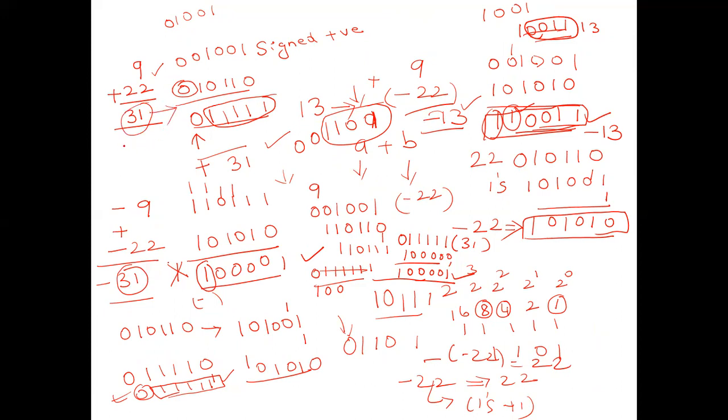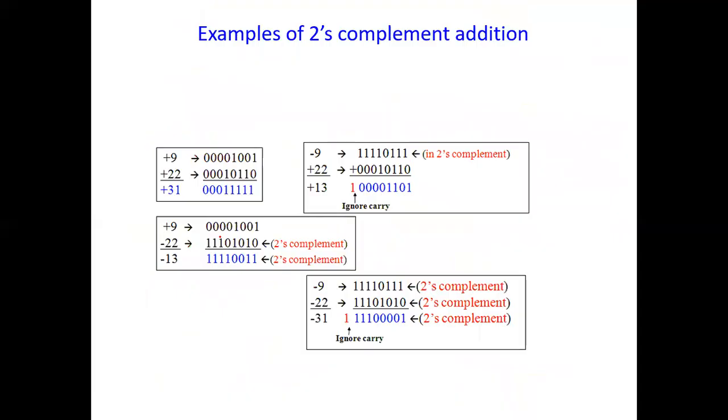Again, you will get minus 9 plus 22. The answer is plus 13. Obviously, the result will not be in 2's complement. Okay, so check the rules clearly and solve it. Okay, so this is the basic addition with a positive number. Let us take whatever I have done, that I have given here as the example. To go through this will be very easy.